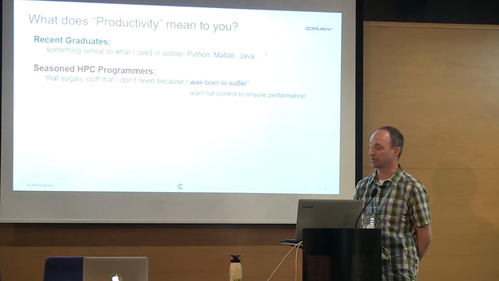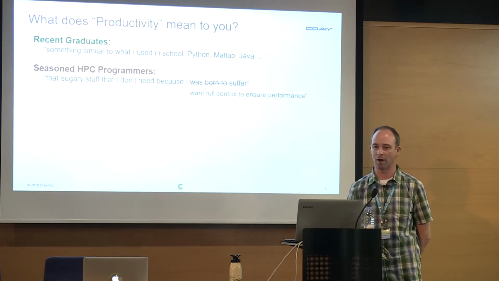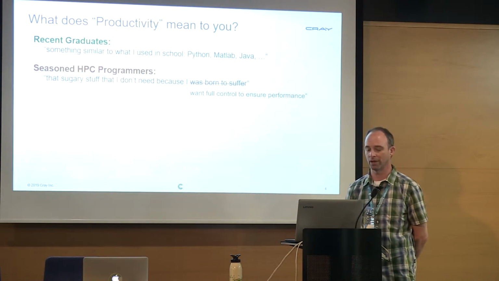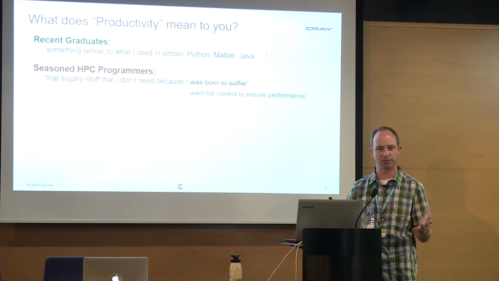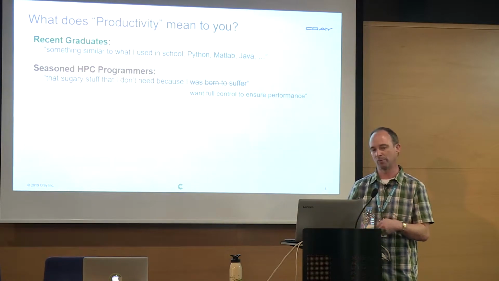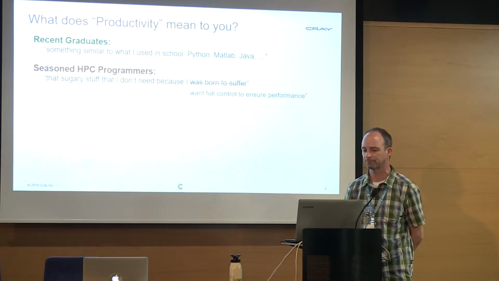And the common perception, particularly among HPC people, is that if your language is productive, then probably it's not going to perform well. And while that's often true in many cases, like I think object orientation is a good case where if you use lots and lots of deep object hierarchies, that can be counter to performance. We also believe that a well-designed language can have very productive features and yet permit the compiler to actually perform quite well. And I'll show you some examples of that a bit later on.